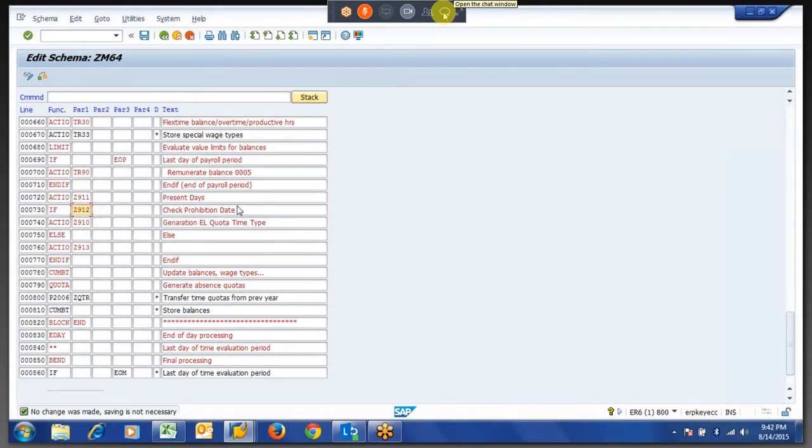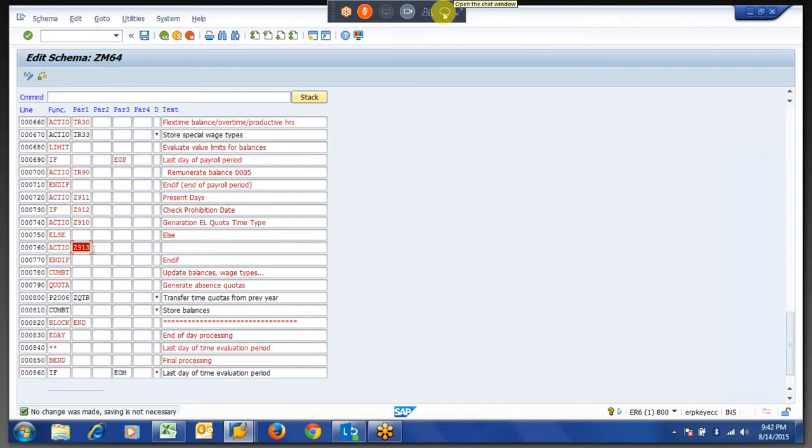What we are doing is a prohibition date check. If the prohibition period is through, Z910 will read it. Then only the quota should generate, right? If it is not created, then it will go to else and read this line.